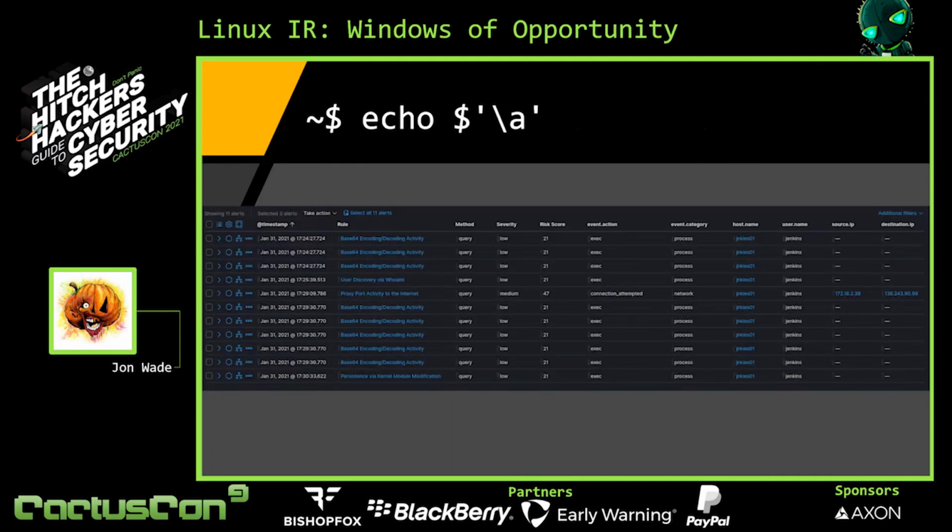So let's get started with some alerts. After executing our sample, we'll give it a few minutes to kind of bake. We're not just going to run it and then immediately stop everything. We're going to let it sit and do its thing for a little bit. And as we can see, we have a decent number of alerts here. These are all the default detections, like I said.